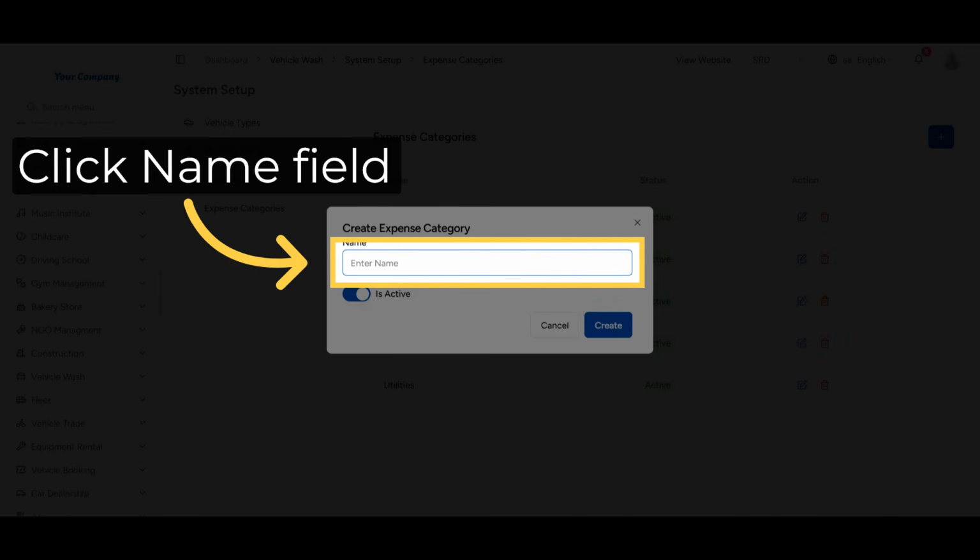Click on the Name field and type in the name of your new expense category. Be descriptive and consistent. Names like fuel and transport, office supplies, or vehicle maintenance work much better than vague labels. The clearer the name, the easier it is for your whole team to use the right category every time they